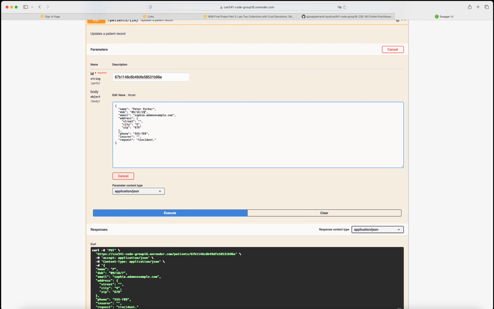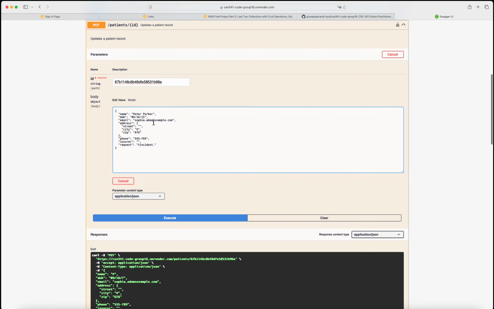Let's put here 2015, and Parker at example.com. In street, we're going to put something like this: city, New York City. So we're gonna see the change here. There's a different zip code, a phone number, insurer,